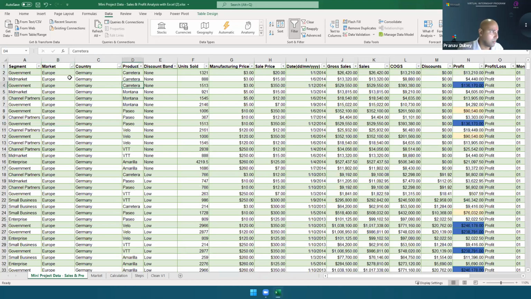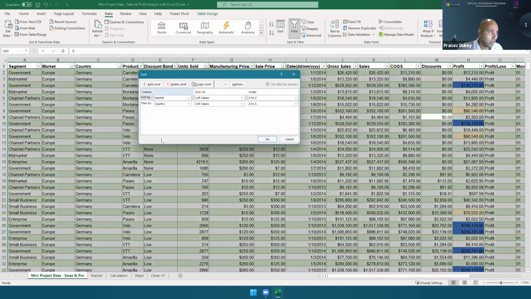Now if you want to look at the top 10 records, you can do the sorting by sales. Profit, top 10 profit, if you want to look at, or highest profit. There are two options. Either you find the max of this column, and the second way is to do the sorting. Suppose, for example, I am applying a third level of sorting. Here I am applying that you go to profit, and largest to smallest. Then I would have my largest profit at the top.